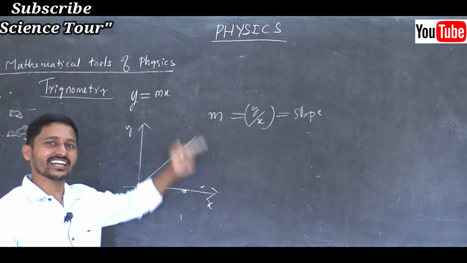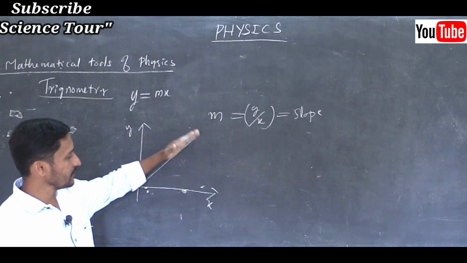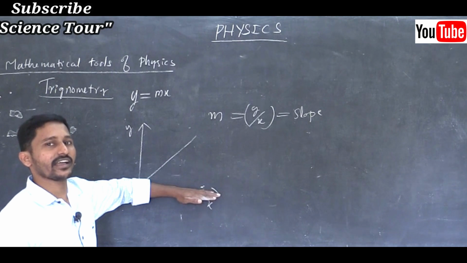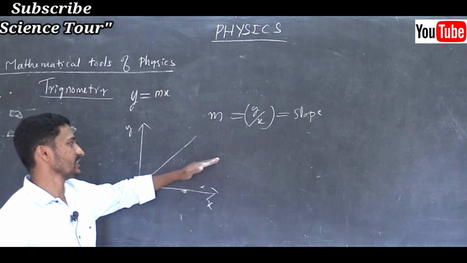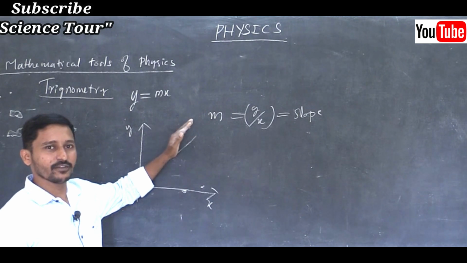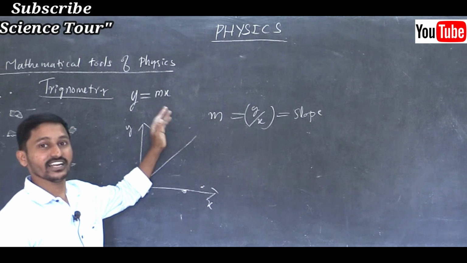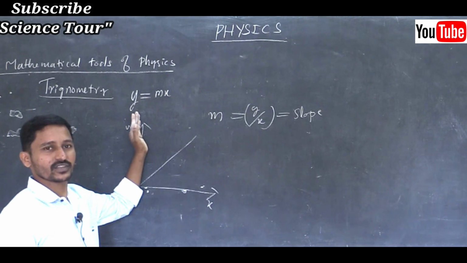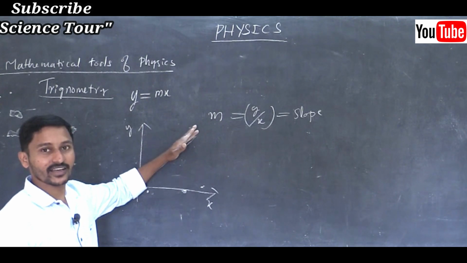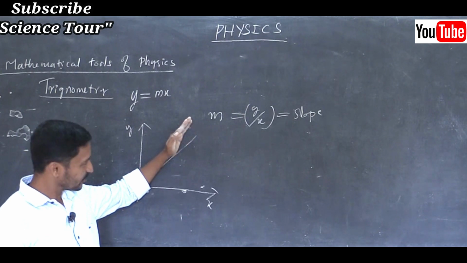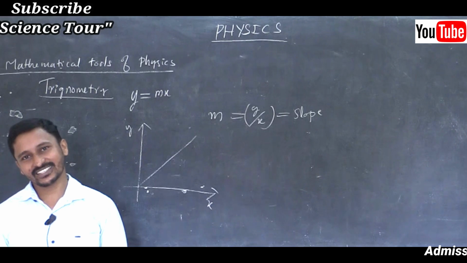Earlier I said, in a right angle triangle, if I keep this line on the x-axis, the angle is 0. Now I am going to increase the angle: 10 degrees, 20, 30, 40, 45 degrees exactly in the middle, 50, 60, 70, 80, 90. Now 90 degrees means it is on the y-axis. If it is in between, somewhere here, then some slope is there, no? What is that slope? The slope is nothing but y by x.